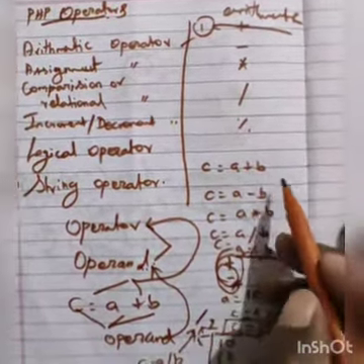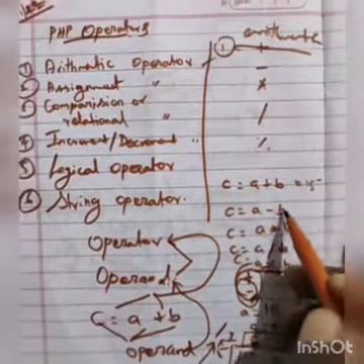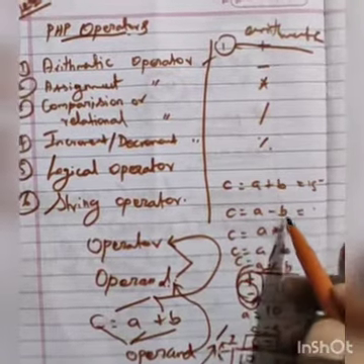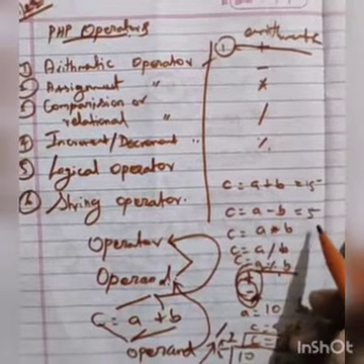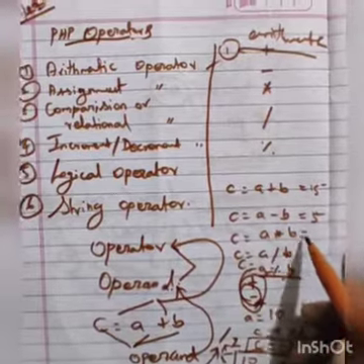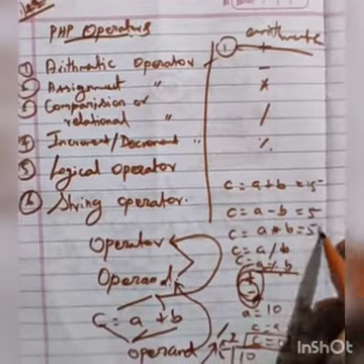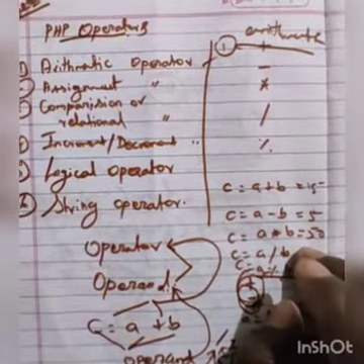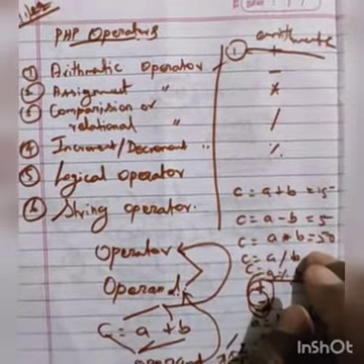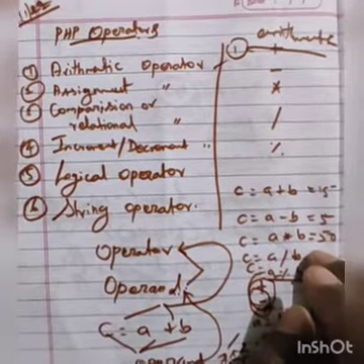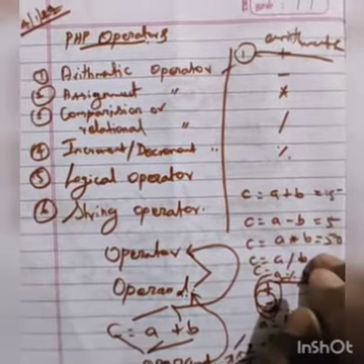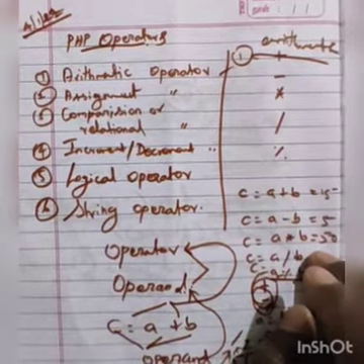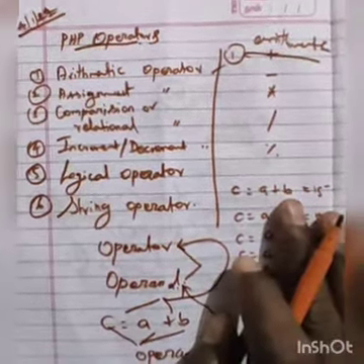Addition is as usual. C is equal to 10 plus 5, 15. 10 minus 5, 5. 10 asterisk 5 means 50. So these are normal operations. These are the examples. Okay, this is called arithmetic operators with examples. What the purpose of arithmetic operators in the PHP language is, I have taught you, so you can learn these.